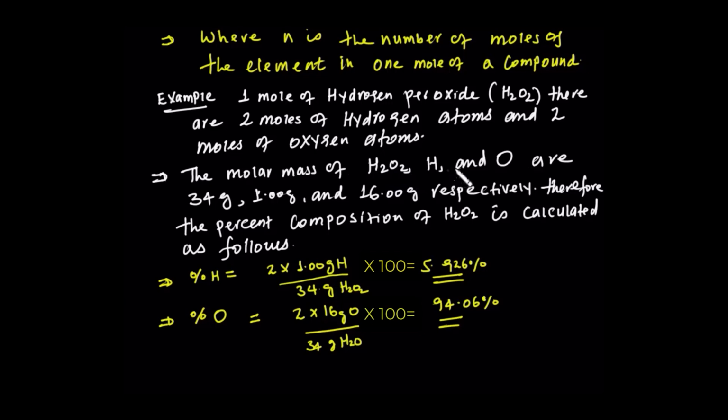Molar mass. What is molar mass? It is the sum of the individual atoms in a compound; the total sum is the molar mass. Now what is the molar mass of hydrogen peroxide? What is the mass of hydrogen? What is the mass of oxygen? They are given respectively: 34, 1